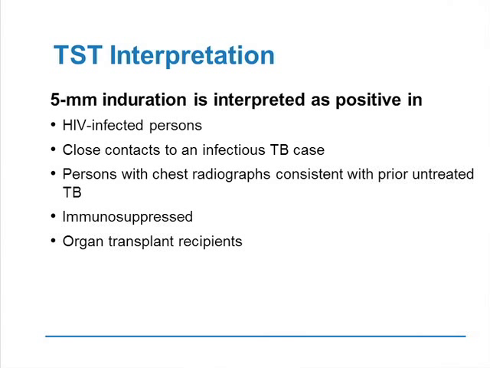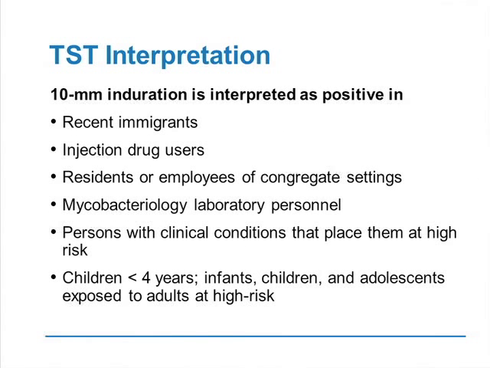And again, this would apply to certain populations, the HIV population, close contacts in a TB case, persons who have a chest x-ray that's consistent with prior untreated TB, those who are immunosuppressed, and organ transplant recipients. Greater leeway is allowed for other populations such as recent immigrants, IV drug abusers, residents or employees of congregate settings, prisoners and whatnot,